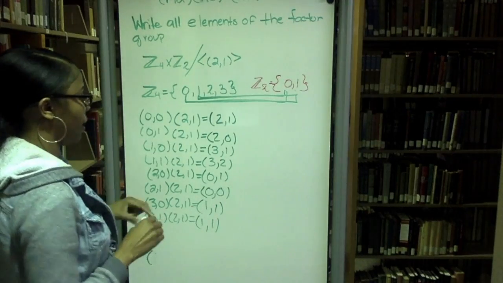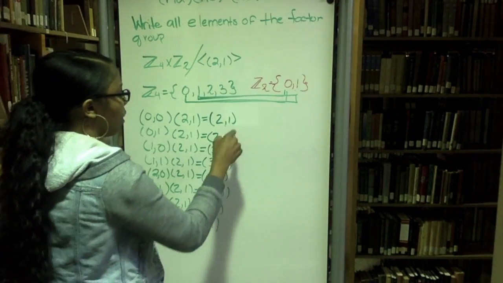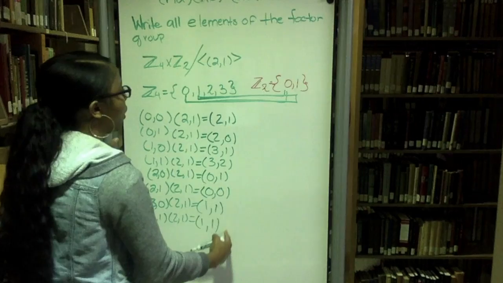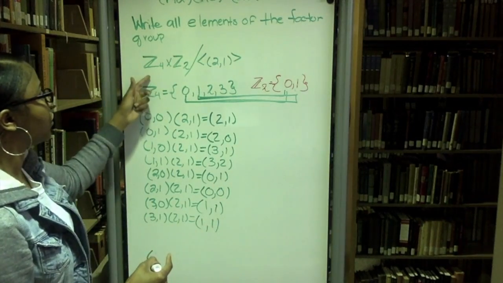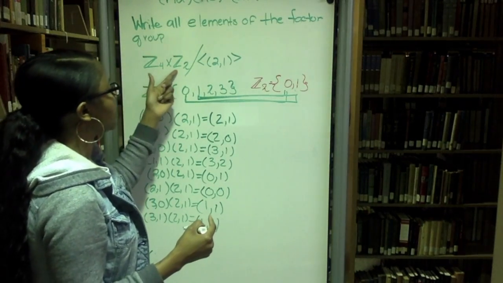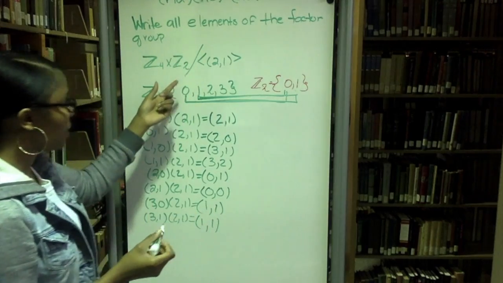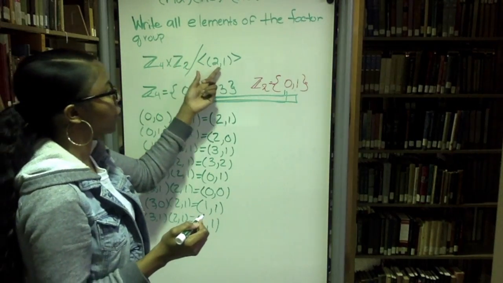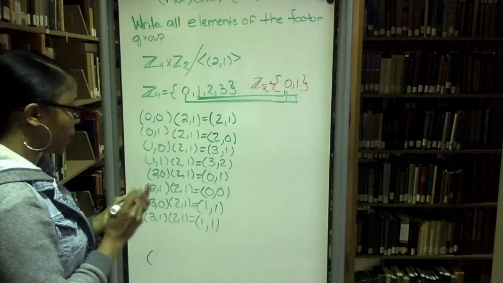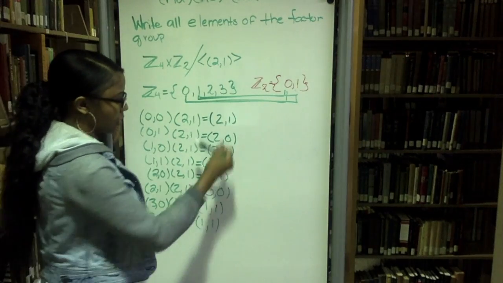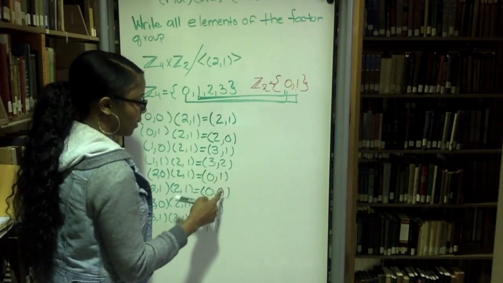So note that these are all the elements for our factor group Z4 cross Z2, factor 2, 1. Note that there are 8 elements. 1, 2, 3, 4, 5, 6, 7,